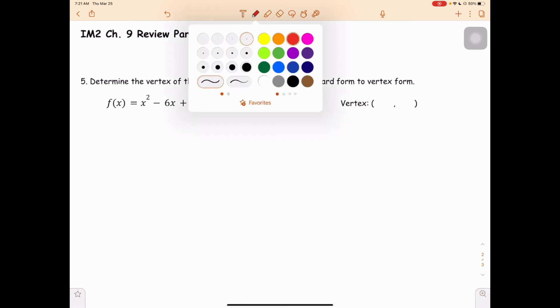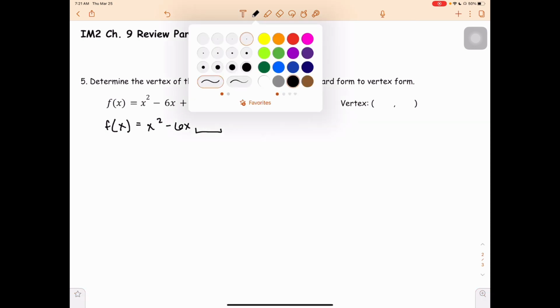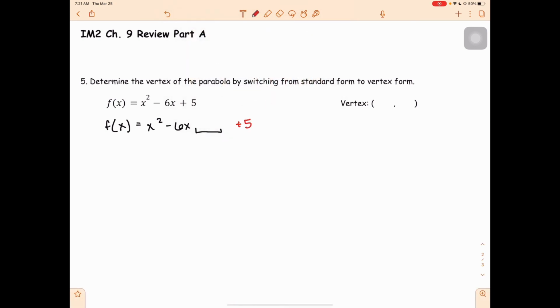So here I'm going to have f of x equals x squared minus 6x, but I want to be able to complete the square, so I'm just going to set that plus 5 over here out of my way. Okay? So now to complete this square, I need to add b over 2 squared. My b is negative 6. Negative 6 over 2 is negative 3. Squared is 9. So I need to add 9,